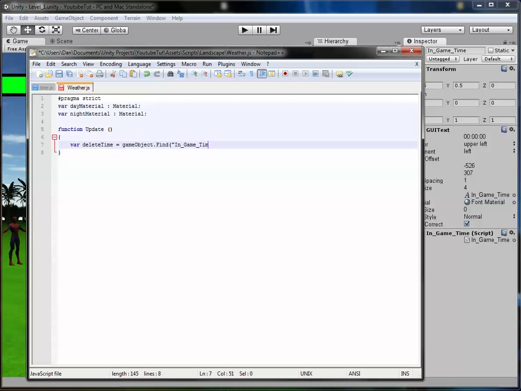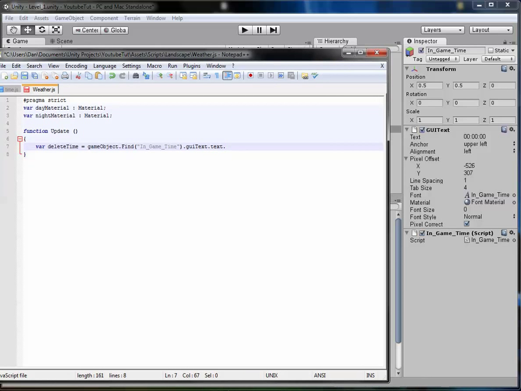In-game time, like so. And then this will be a GUI text, so we need to access the text of it. So we're going to get the GUI text of it, then the text property. So in here, GUI text.text, there. And then we're going to type replace. So what we're going to do is type open bracket, speech mark, find time, colon,